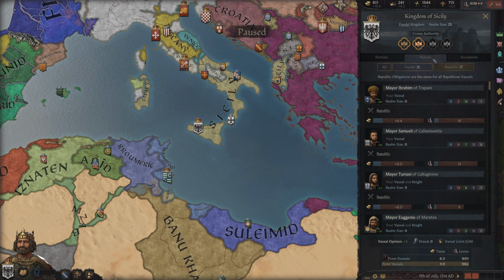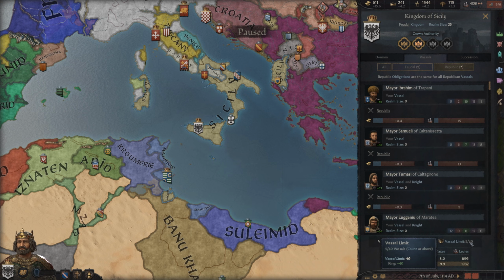Now, in addition to this menu, you also get the vassal limit down here. This vassal limit is going to change depending upon your chief title, your main rank. I am the king of Sicily, so you can see right here, king plus 40, my vassal limit is 40. If I were say a duke, then my vassal limit would be 20. Or if I were an emperor, my vassal limit would be 60. And Great Khan has its own as well. I think it's 80, I can't remember off the top of my head. But Great Khan again has its own.